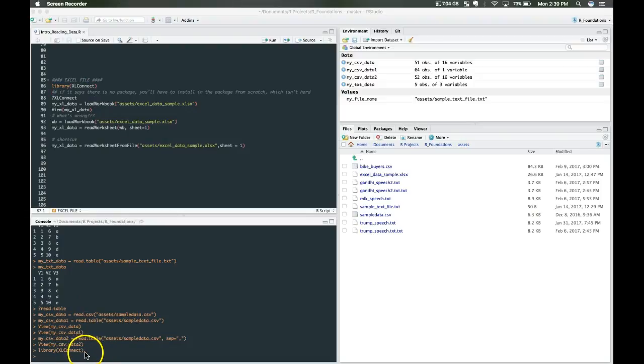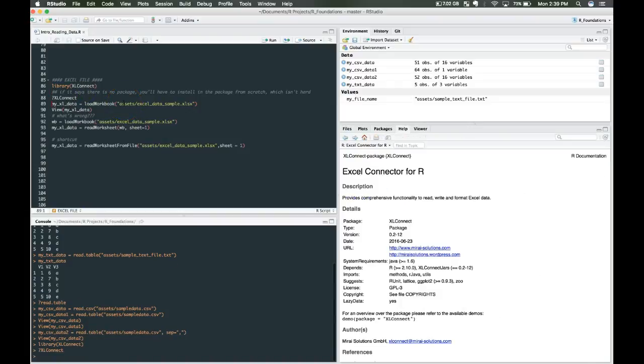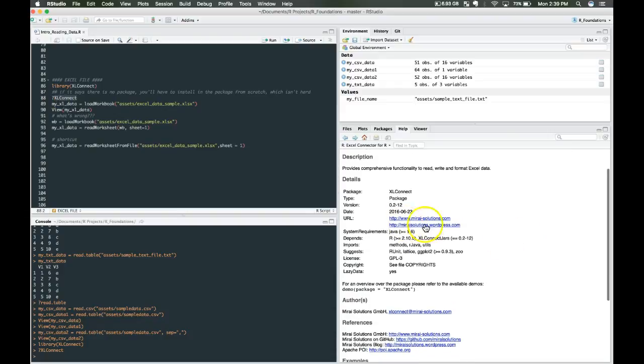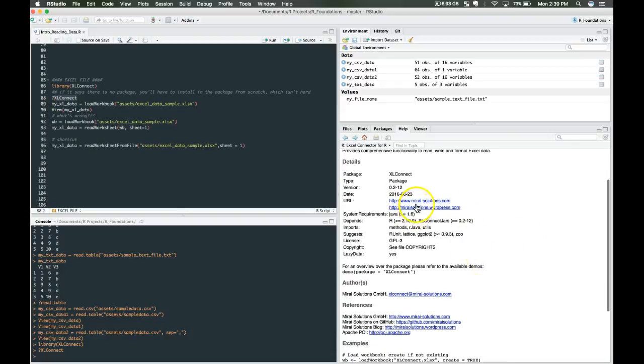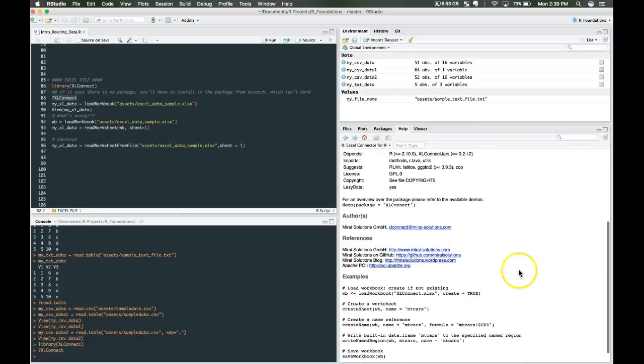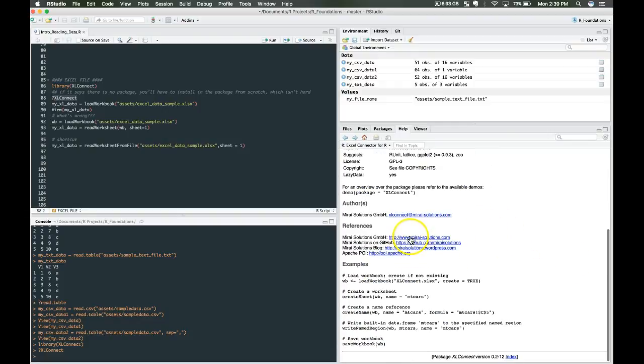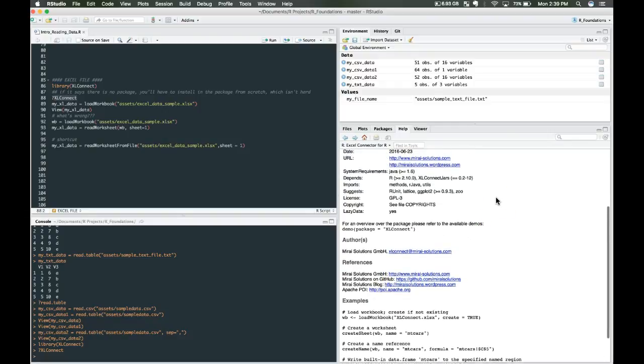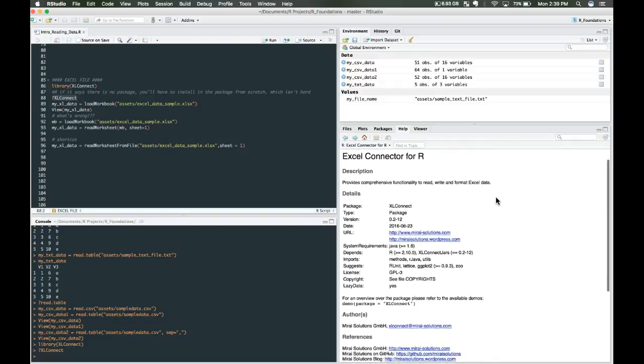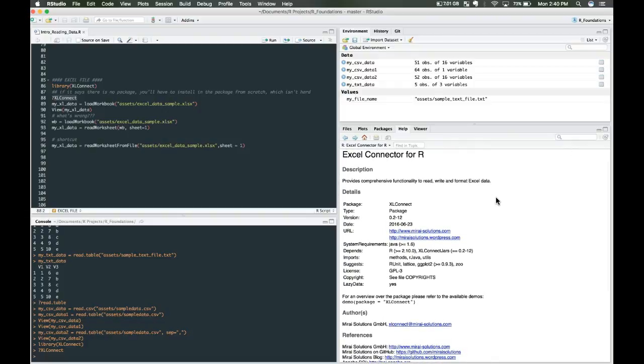If you run that for the first time in a project, you might have more text than I did, so don't worry if it showed up with more. You can do question mark Excel Connect to learn more about it. If we look here, there is some additional documentation, not necessarily provided by R, but by different sources. I'm going to allow you to go there yourself and read through that documentation if you want to learn more about the functionality, but I'm also going to cover the basics of it right now, reading in data